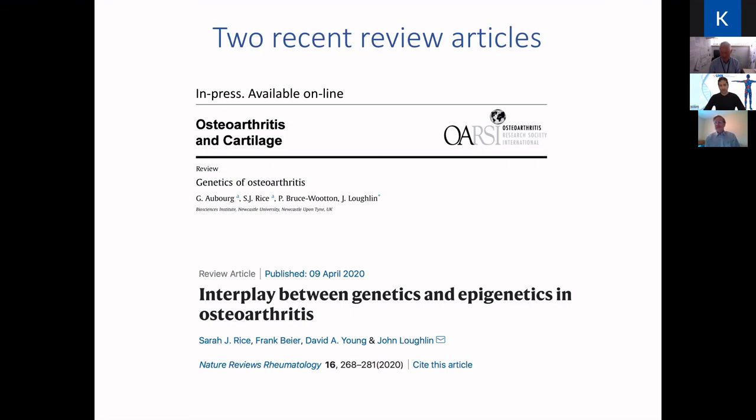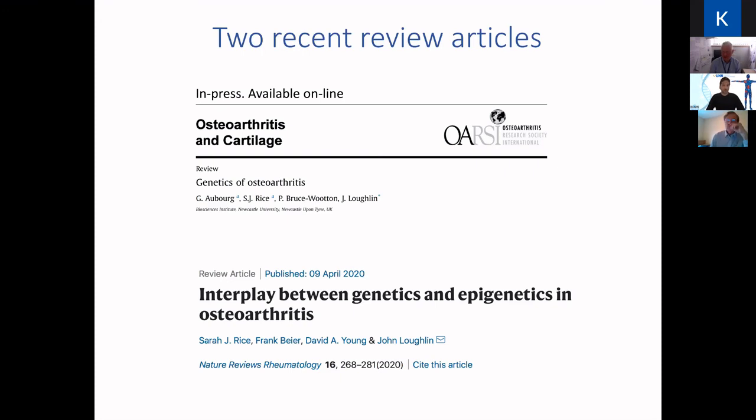Right. John, are you using other joint tissues as well? You mentioned fat pad or synovium. Yeah, we do. We analyze as many tissues as we can get from patients, and we look within a patient as well. So when we see eQTL and mQTL effects, we try to compare and contrast within tissues. And others are starting to do this as well. So we aren't cartilage-centric as such; we try to broaden our view to a large degree. But what we tend to find is that if we see a signal, it is at least in cartilage and probably is in other tissues as well.